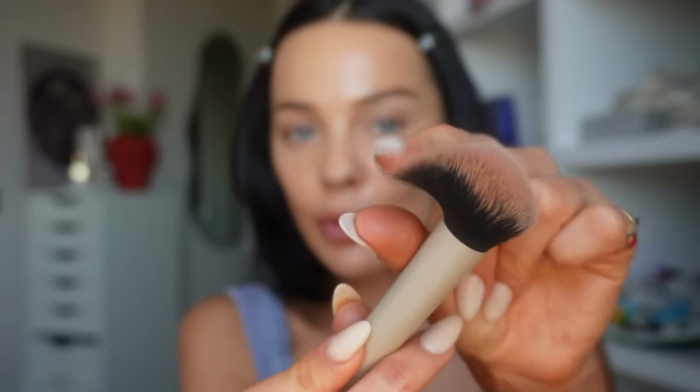I'm taking my Makeup by Mario Soft Sculpt bronzer, and I'm going to take that on a brush that isn't very dense because again, I don't want to pack the product onto my skin. I kind of just want to lightly apply it to my skin. So I'm using this brush which has got a little bit of movement, and I'm just going to start to